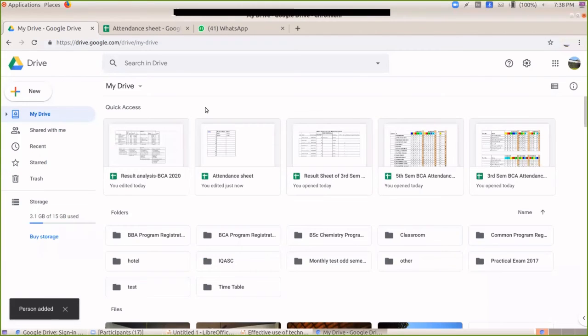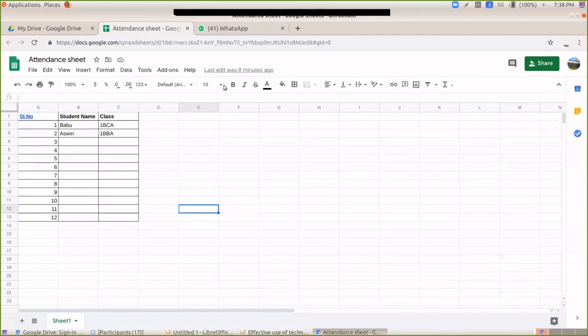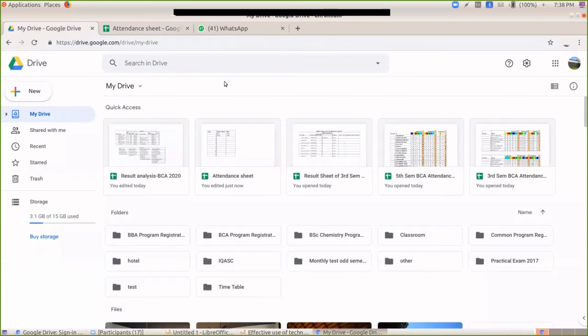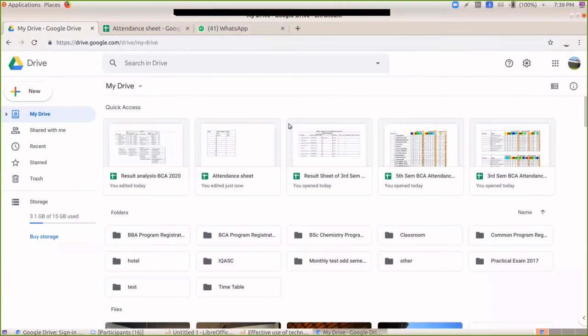So you just go and click that link. Then you can see this attendance sheet open up in your mobile phone. Can you do that? Yeah, I am doing. If anybody else wants to see that, I can send to them as well, or I'll send to the group. When I send to a group, I have to assign all of you as editors, so that only you can edit it. That is why I just sent to madam's primary number.